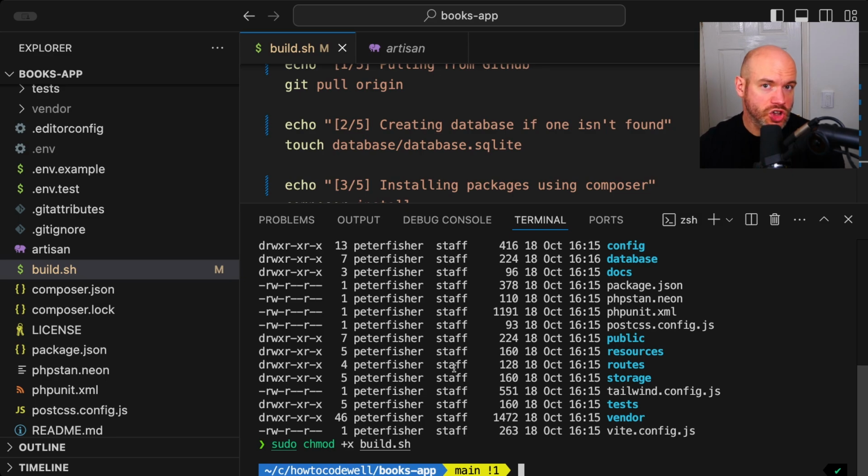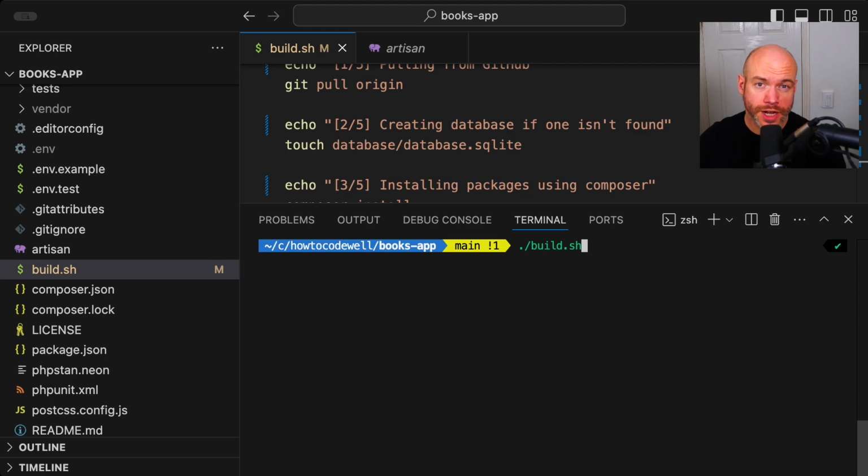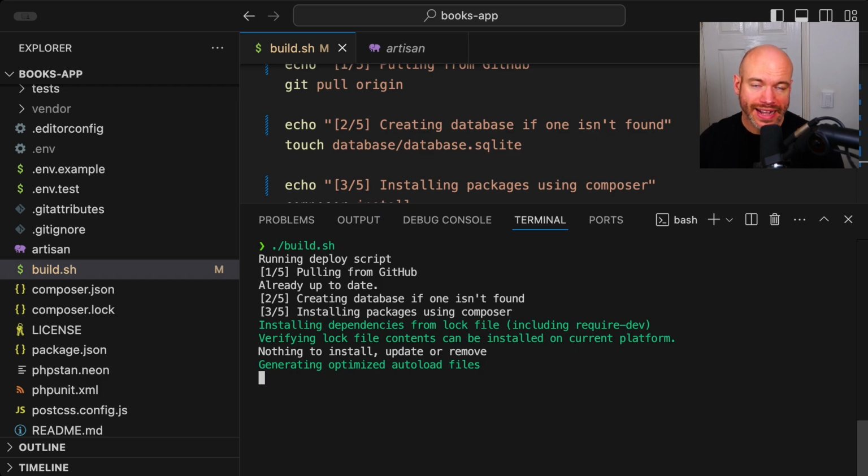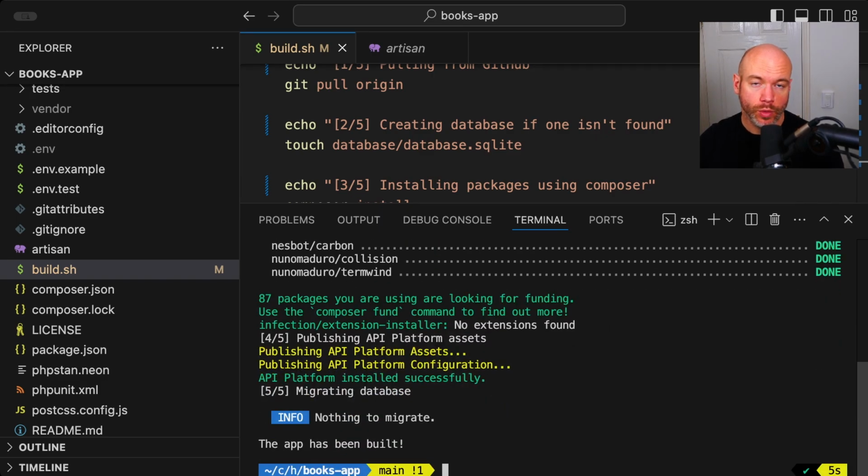Press enter and you may get asked to supply your password because we are using sudo. To run the build script, type ./build.sh. And here we can see that the build script is running in the predetermined order that we've laid out